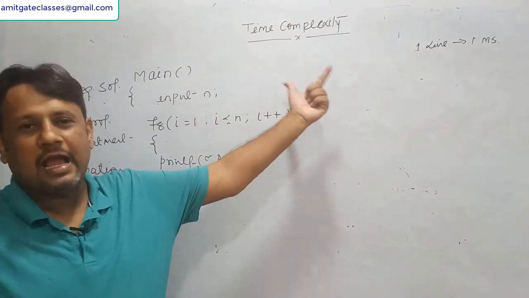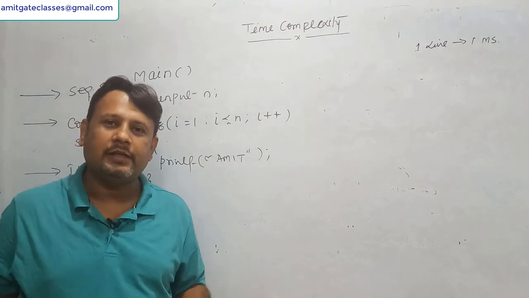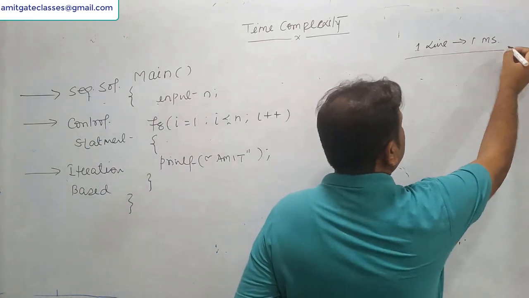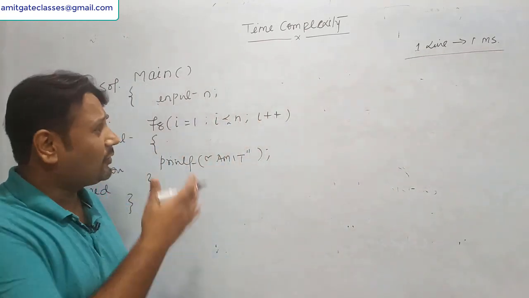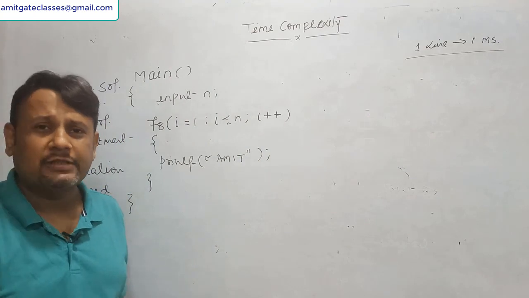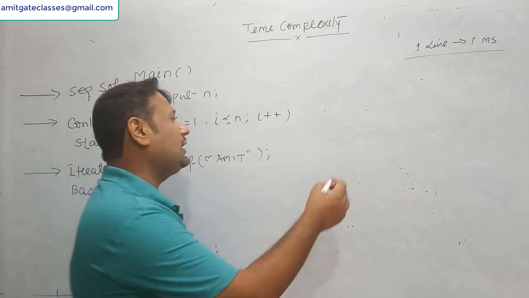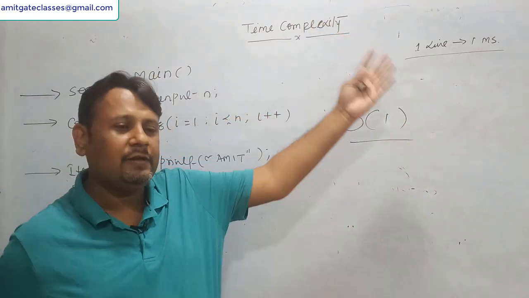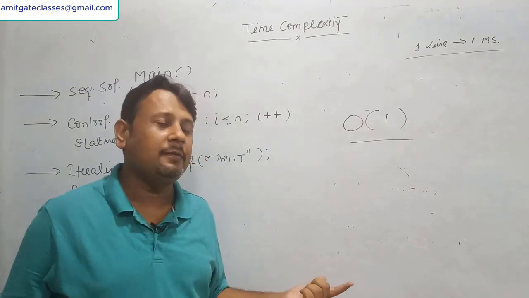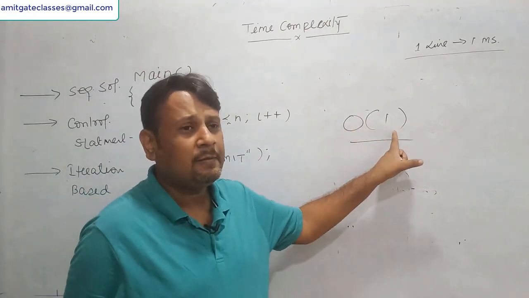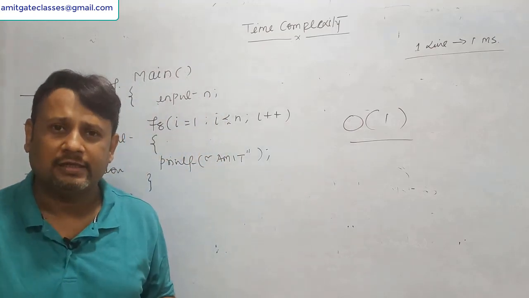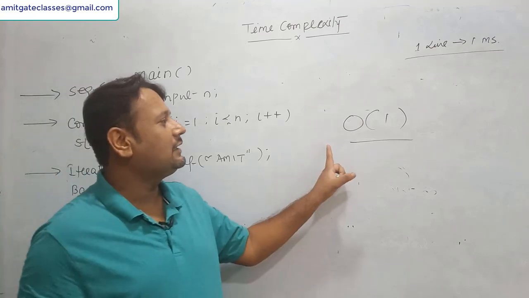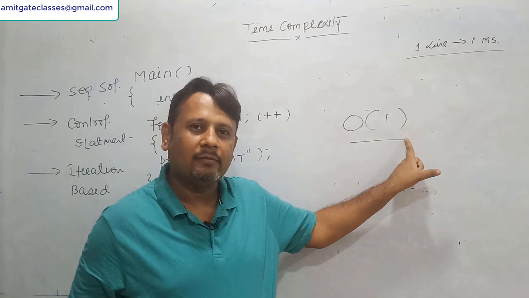If I'm asking, I have a program where no loop is involved, no control statement is there, and I have 2 lakh lines of code, what is the time complexity if one line is taking 1 millisecond? Since all lines are independent of each other, no loop is involved and no control statement is there, you can directly write constant time. No need to measure the time, because every time the program is going to take the same amount of time. So how to represent complexity? O(1) means my program is going to take constant time. If we can calculate the exact time of a program, we can say the program is taking constant time. Is this point clear?